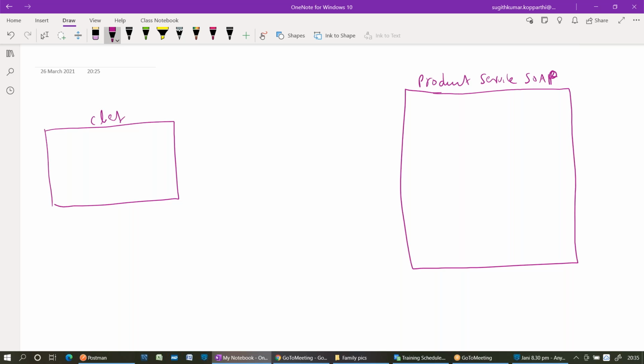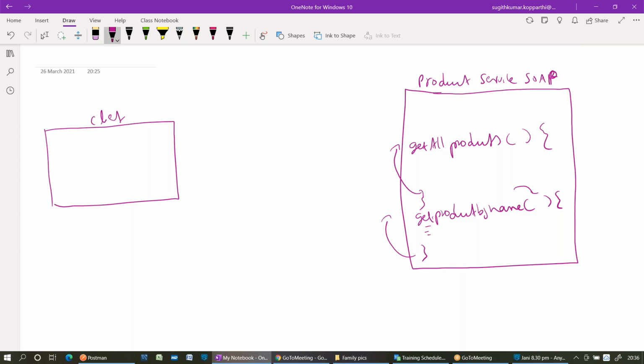Now we have two operations in that. Get all products is one. Get product by name. Based on the input parameter, it will execute some logic and return some value. Here also it will return some value.